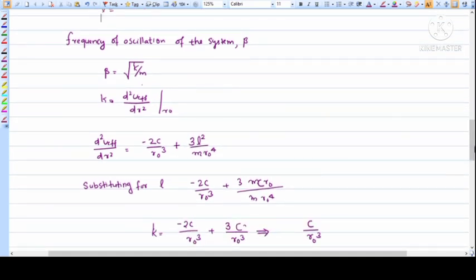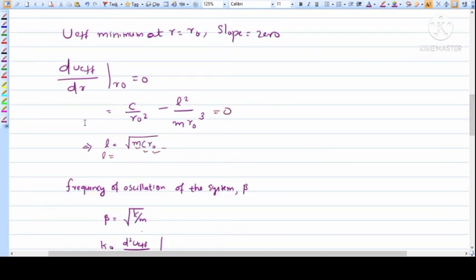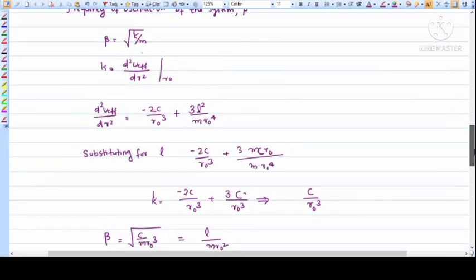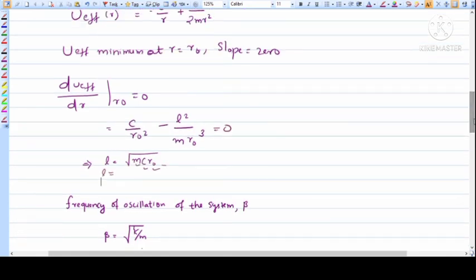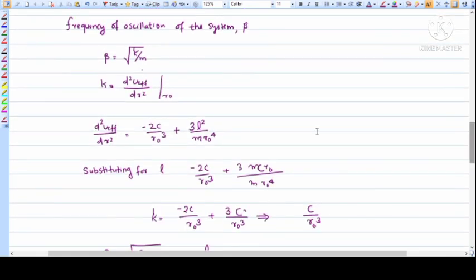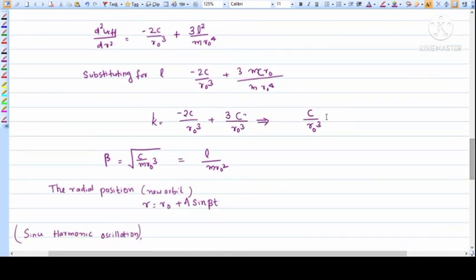So you just differentiate this dU by dr once more, and you will get minus 2C by R0 cube plus 3L square by M R0 raised to 4, and you have found an equation for L. You substitute this equation here, you will get K is equal to C by R0 cube, and substitute for beta,